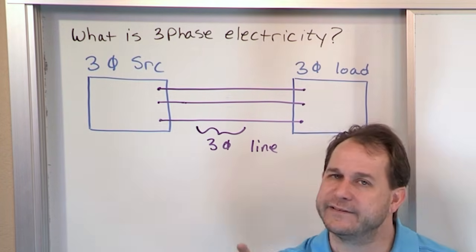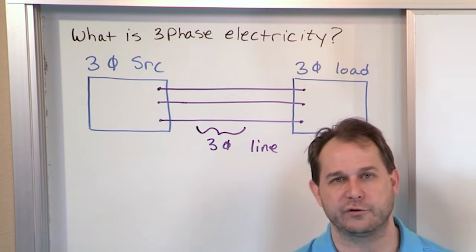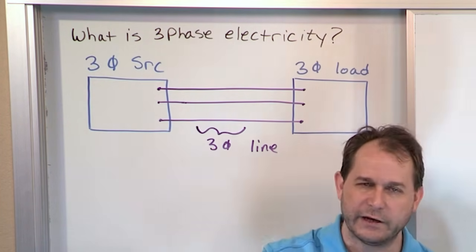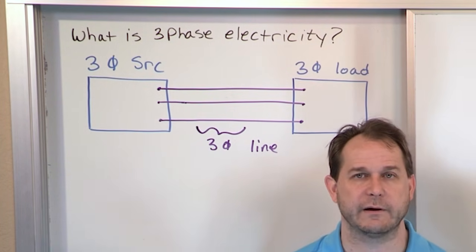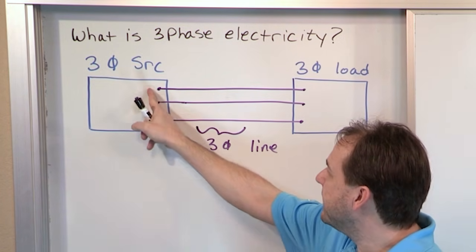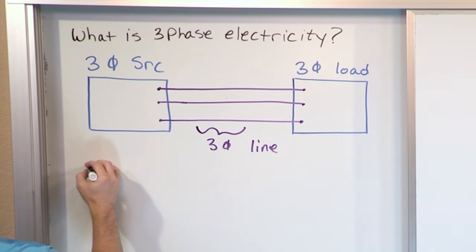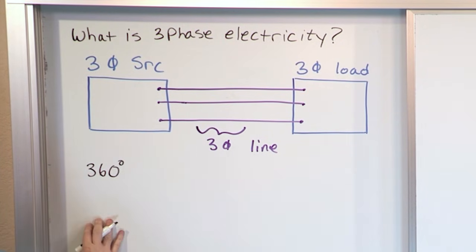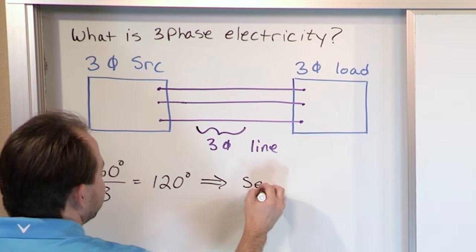But since there's only 360 degrees in a unit circle, really your phase angle can only go between 0 and 360 degrees. Of course, you can measure negative angles going the other way, but they can always be translated into a positive angle, 0 to 360 degrees, right? So in a three-phase circuit, the punchline here is that since there's only 360 degrees in a unit circle, and we have three phases, and we want equal separation in the phase angles, you get 120 degrees. So 120 degrees is the separation